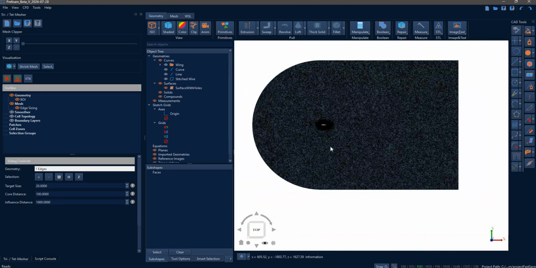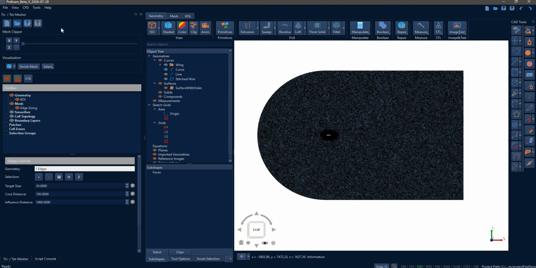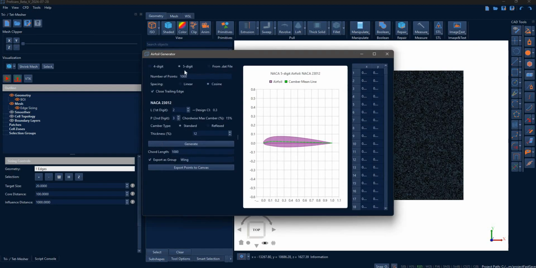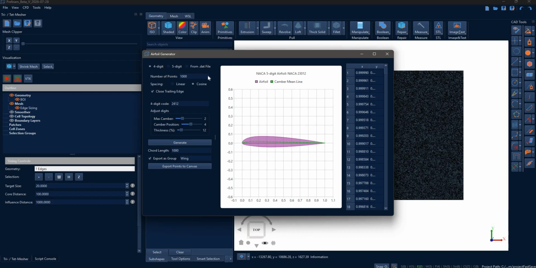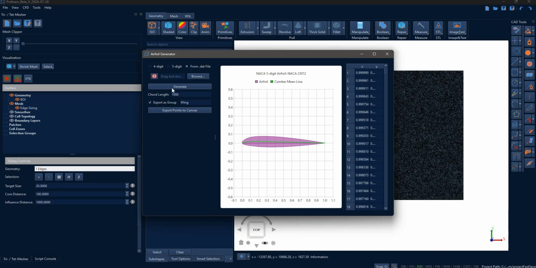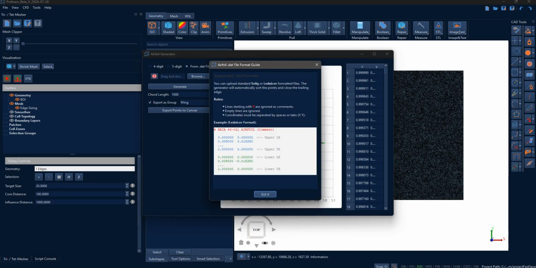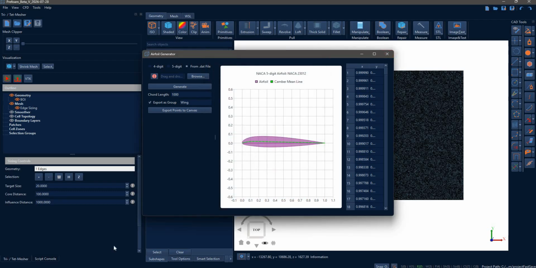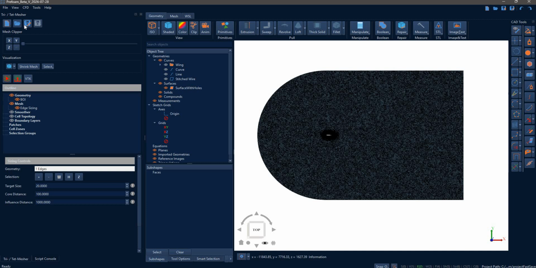So you can automate this or make it faster. That way you can use all of the airfoils. You can download or upload your own airfoil. You can get these from websites or so, and then basically automate stuff. You can save your settings, your meshing settings. You can save, you can load again,